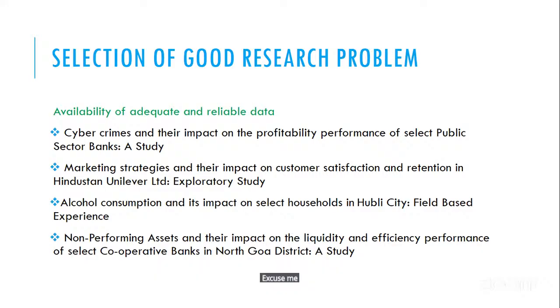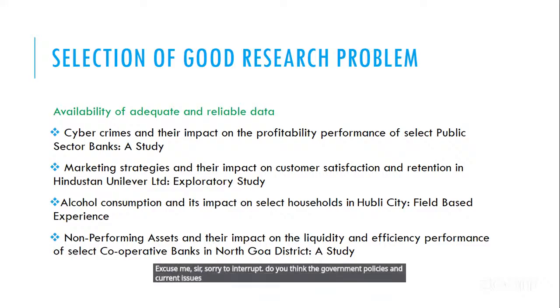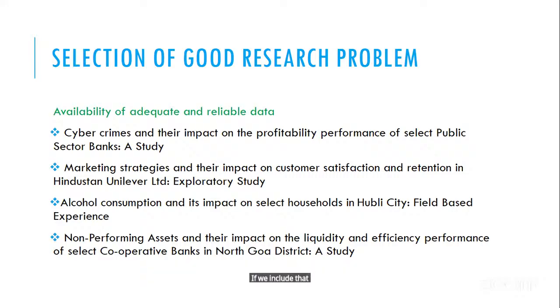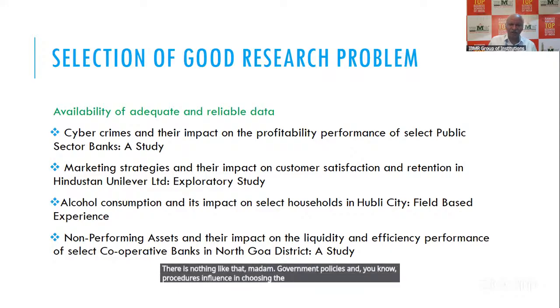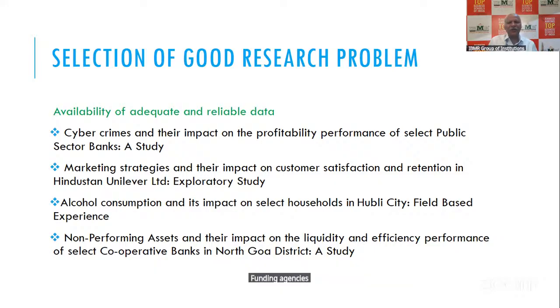Excuse me, sir. Sorry to interrupt. Do you think government policies and current issues also play a major role in problem selection, and that can also get accepted by many organizations if we include that in our problem statement and in our research proposal? There is nothing like that, madam. Government policies and procedures influence the choice of research topic only through funding agencies, no? Funding agencies, even otherwise also the best topic,